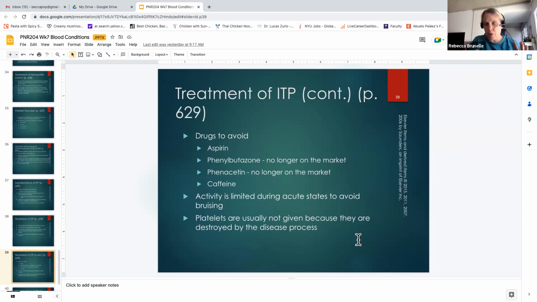And I know it seems logical. You look at somebody and they have a platelet count of 20,000 and they're bleeding, and you say, oh, we should give platelets. But you usually don't, because it's an autoimmune process where their body attacks the platelets. So if you give them a platelet transfusion, they'll break down those platelets also. So you usually treat the autoimmune process and then let them recover their platelet count on their own.